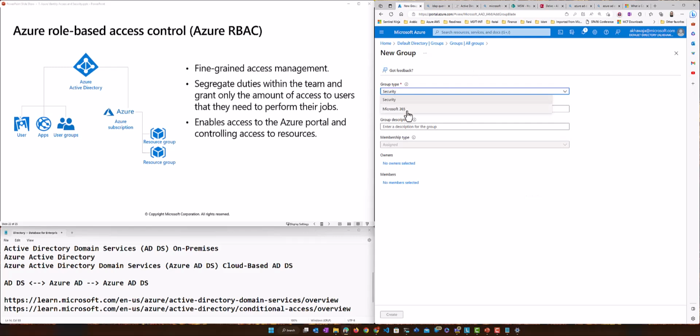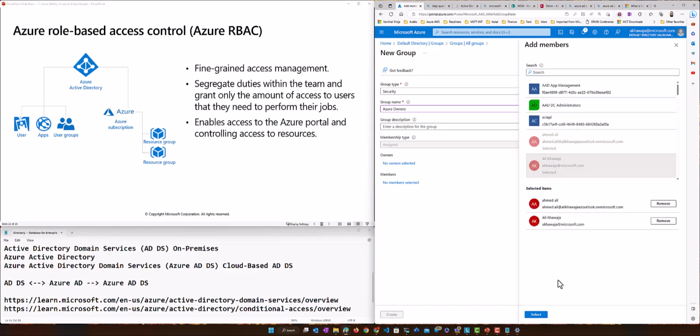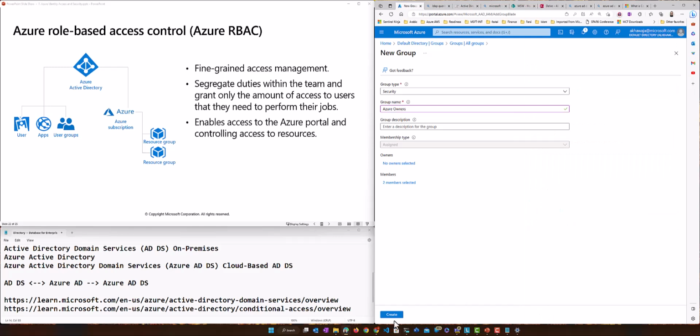This is for the distribution group, right? Let's say 365. I will say Azure, let's say owners. Okay. If I go into this one, this is how it will be done with groups.